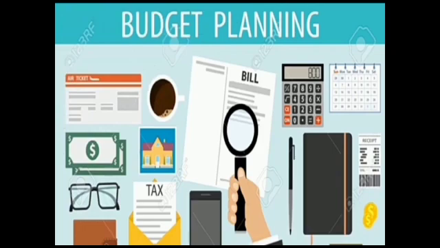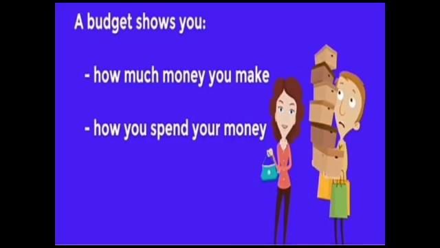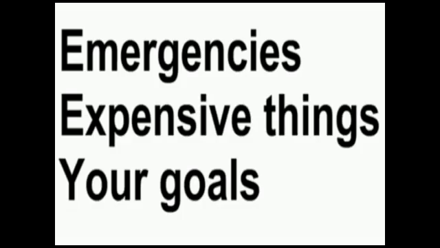What does this budget do, children? This budget shows you how much money you make and how much money you spend. How much money you earn, only from that you can spend. Then only you can save money for emergencies, expensive things and to reach your goals. When needed, if there is budget planning, there will be some money saved for us. From that money, we can use it for emergencies. Then you can buy things that are very expensive. Then you can use it for your future to reach your goals.